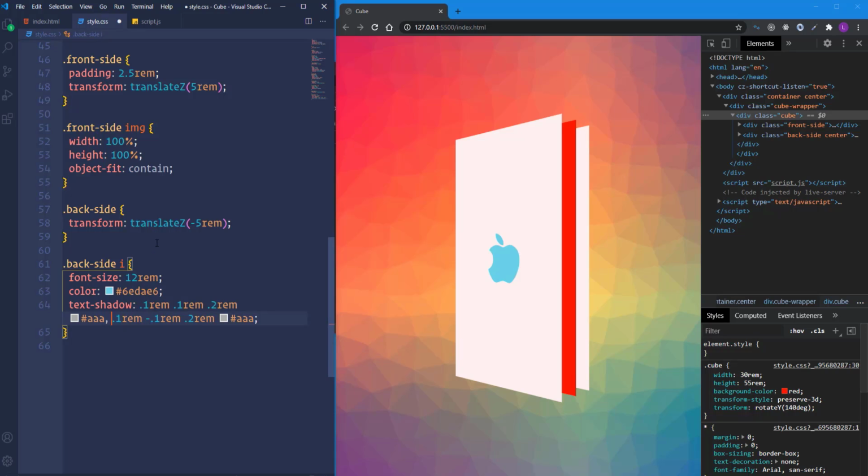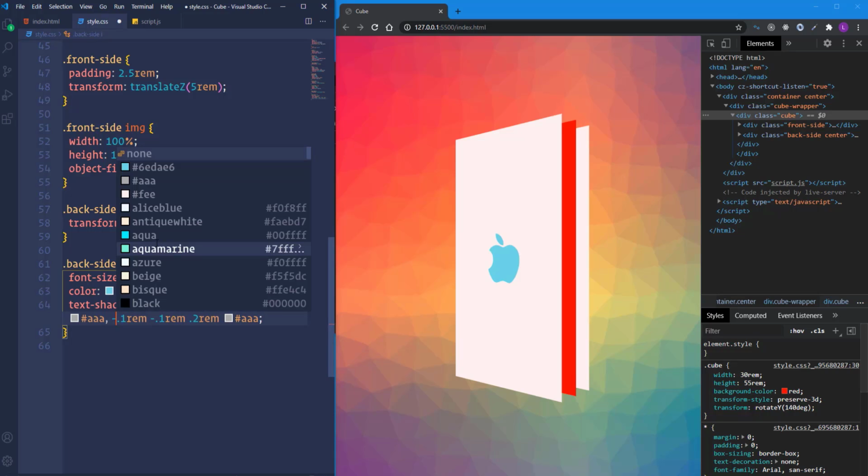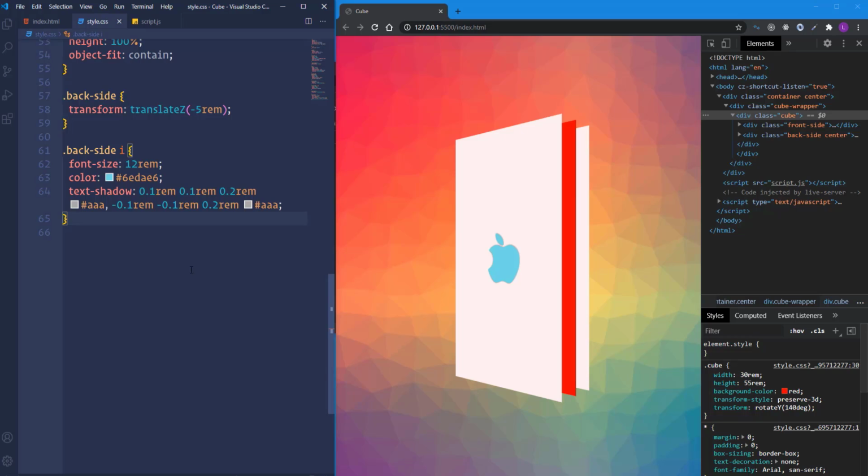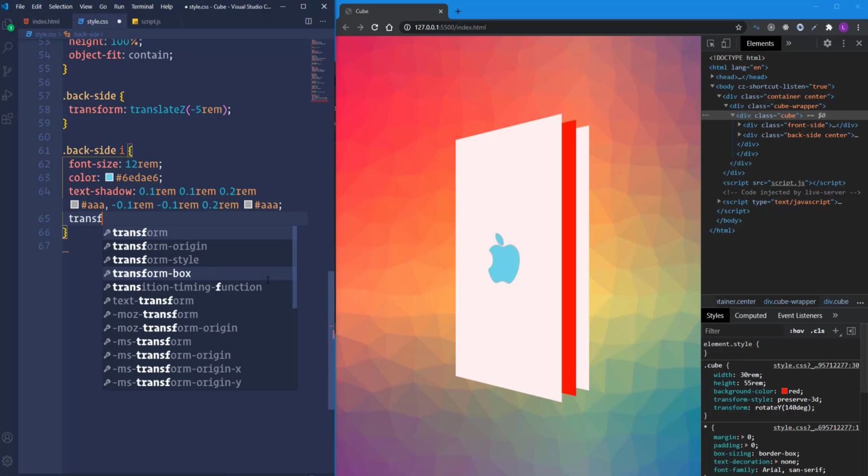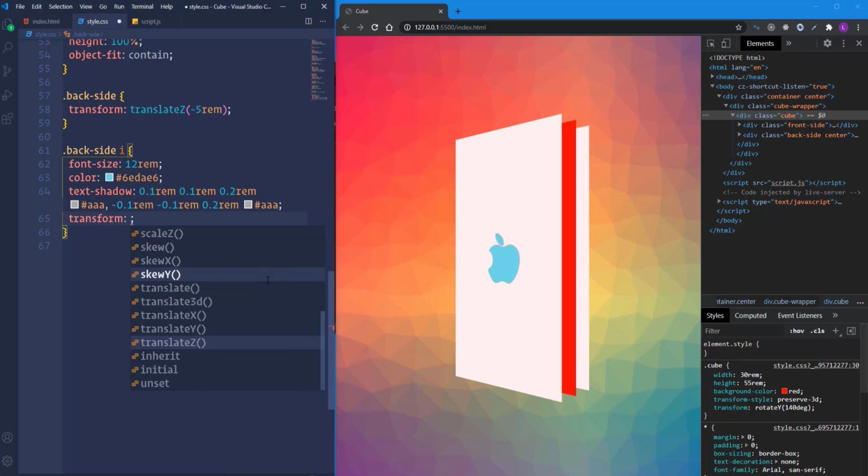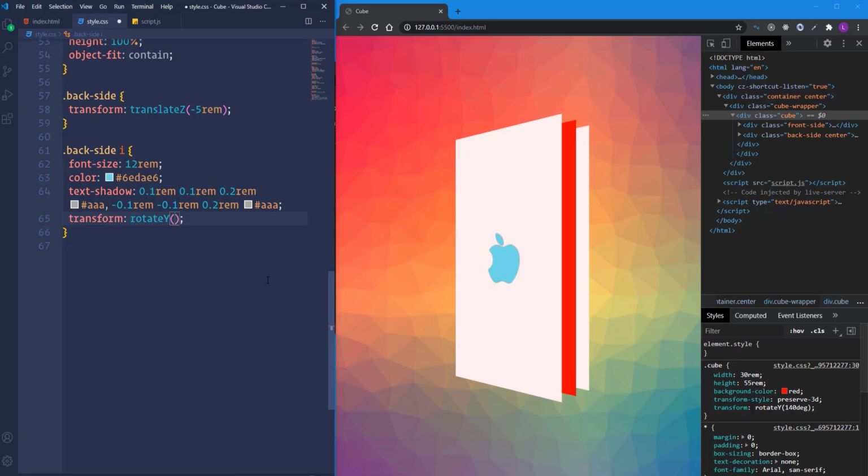I'm going to insert here minus sign. Okay, so the icon is styled, but as you can see, we have to rotate it. So let's use transform. With the rotate function, we need Y direction, and we have to rotate the icon by 180 degrees. Okay, that's it about the back side.